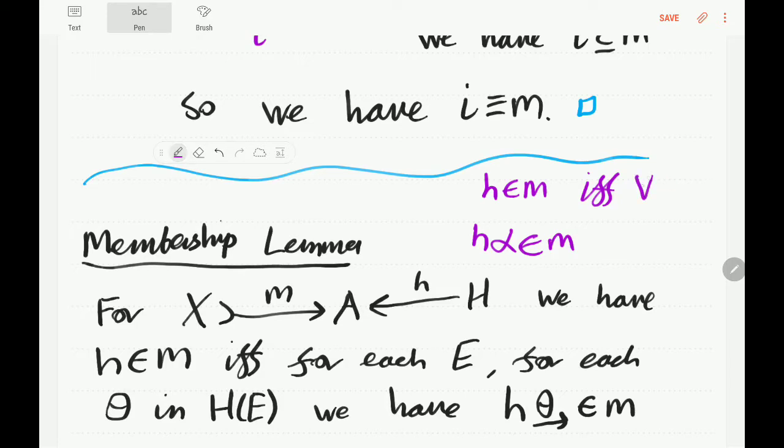We have this result that H is in M if and only if for every arrow alpha from the terminal object to the source of H, we have that H after alpha is in M. This is a really cool result because it's essentially saying that when we're working in the category of sets, a function H is in a particular sub-object M if and only if